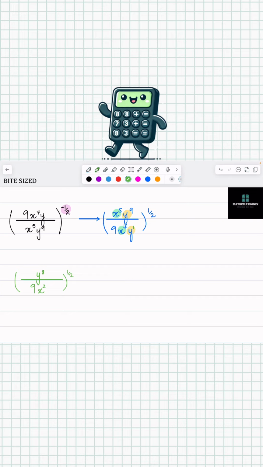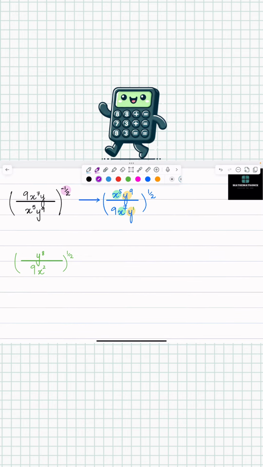Now, since we are done with resolving, हमारी y's और x's एक जगह हैं, now we're bringing in the power. Remember, for algebra हमारा rule separate होता है and for numbers हमारा rule separate होता है. With algebra, since it's a power on top of power case, आप क्या करोगे? Simply multiply the powers with each other. So, y to the power 8 multiplied by 1 over 2, divided by 9 to the power 1 over 2 and x squared multiplied by 1 over 2.